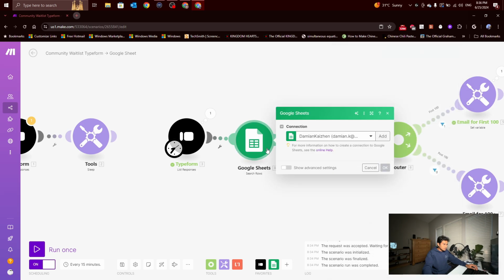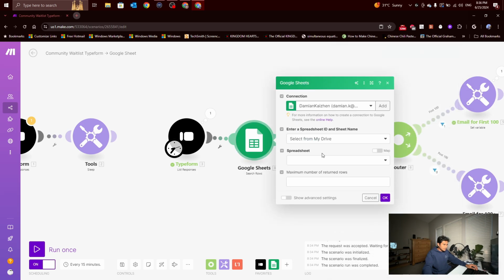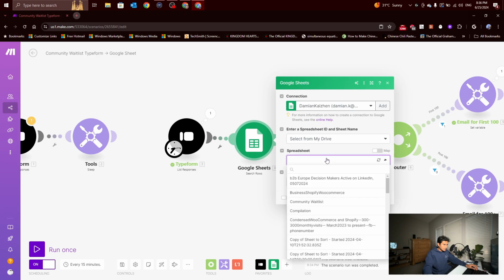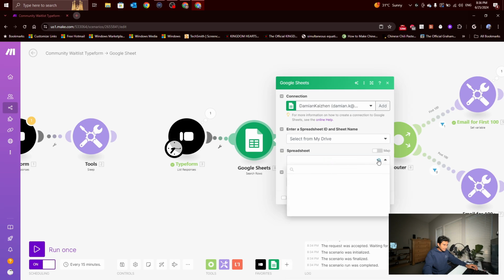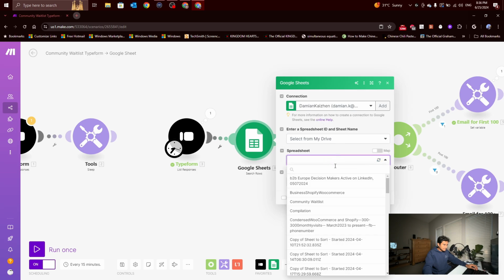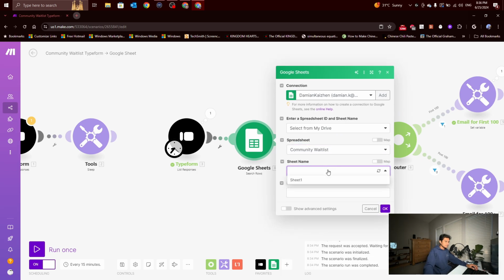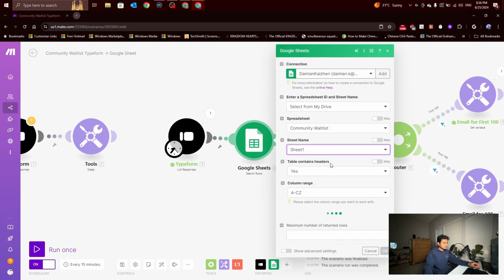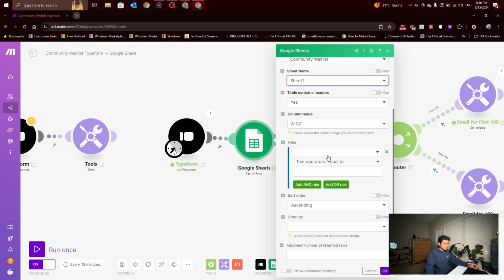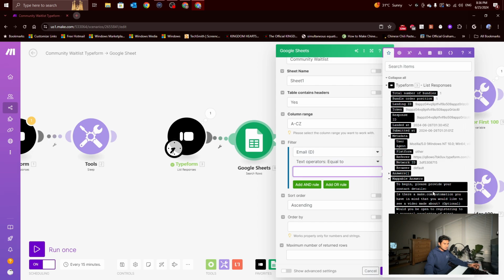And community waitlist, sheet 1, and we're going to say email is equal to